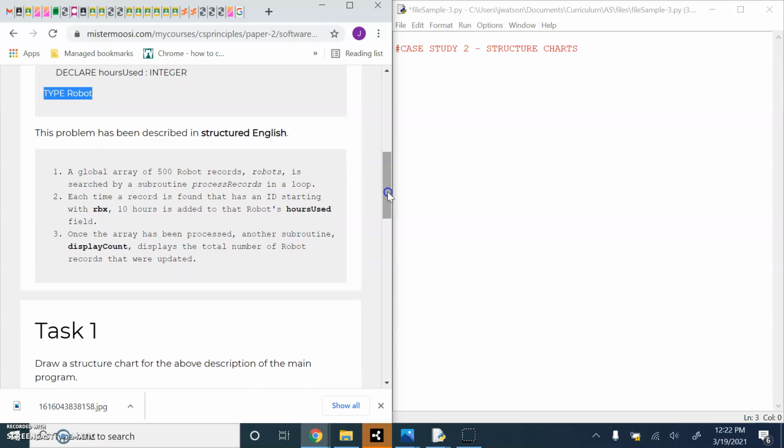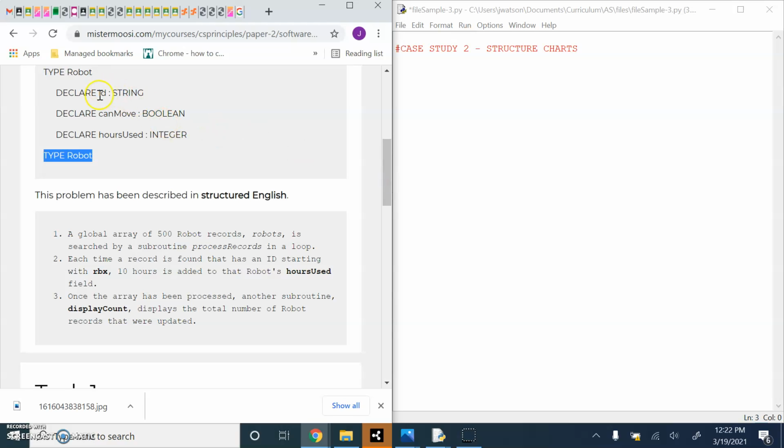This problem has been described as follows. A global array of 500 robot records is searched by a subroutine process records. Each time a record is found that has an ID, remember each robot has an ID, starting with RBX, 10 hours is added to its hours used field. Once the array has been processed, another subroutine display count displays the total number of robot records that were updated. So let's focus on this process records